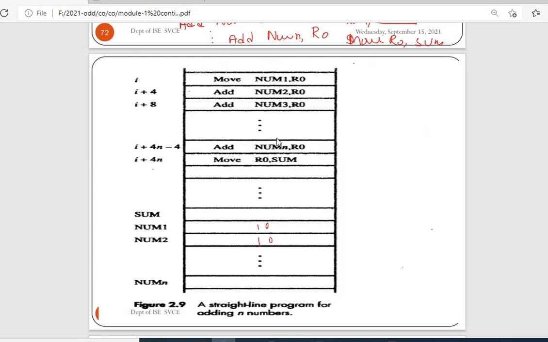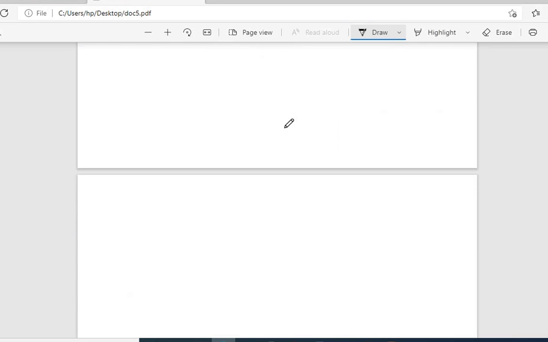It is not an easy task if you are writing so many add statements. It takes a lot of time to execute and the length of the program is more, depending on the value of n. If it is just 10 numbers, okay. If the value of n is equal to 1000 numbers, then you have to write 1000 add statements, but that is not the proper way of writing the program. You can simplify this program using some control statement.